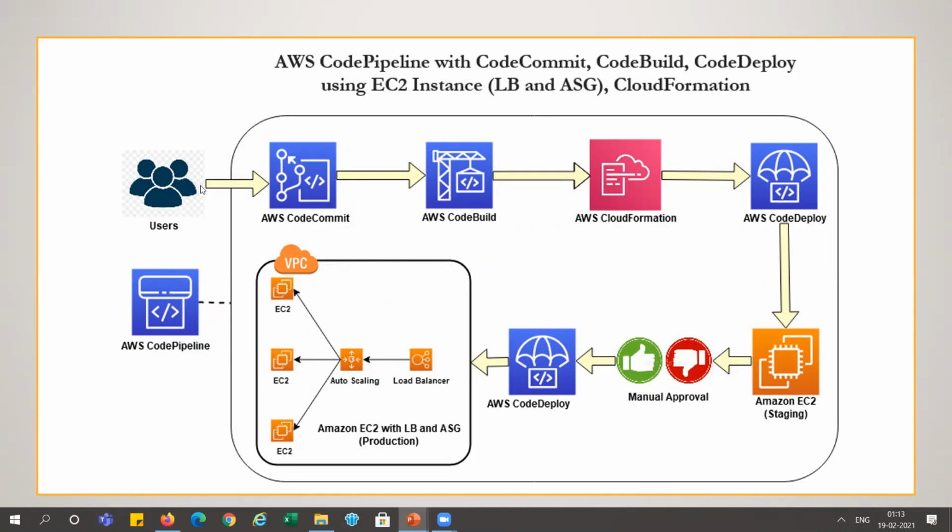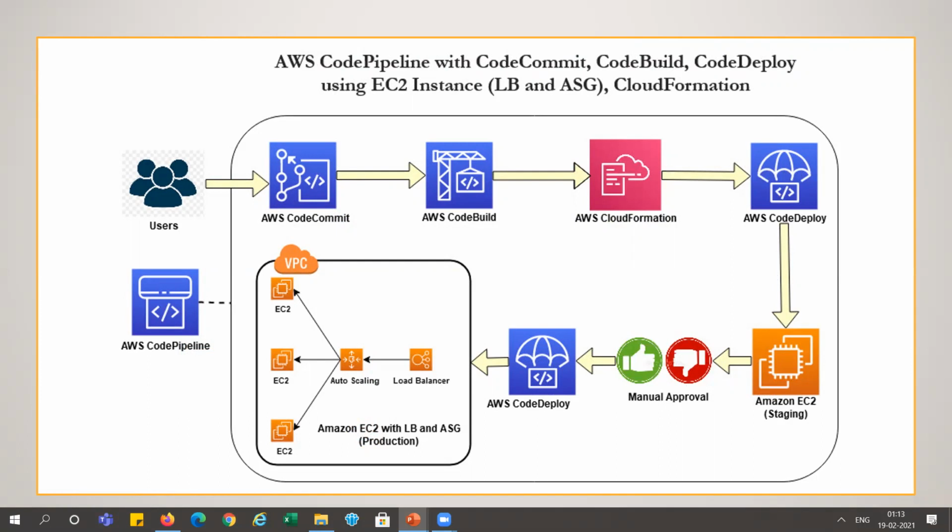When the user changes the code in CodeCommit, CodeBuild creates the build for that. After CodeBuild, it goes to CloudFormation, which starts creating the resources in AWS and creates this EC2 instance, and CodeDeploy will deploy that code to the EC2 instance and generate the URL for that. And that URL will be sent to the manual approval step, and we will use SNS